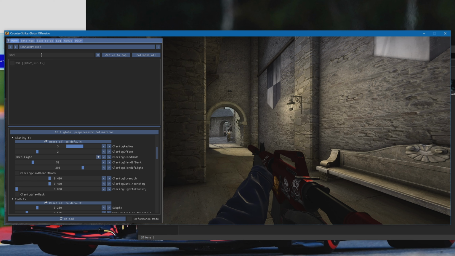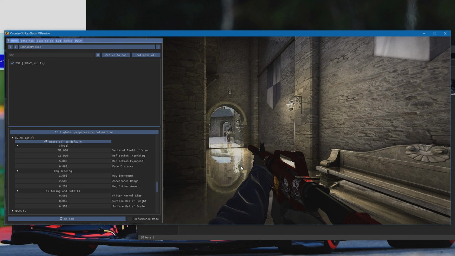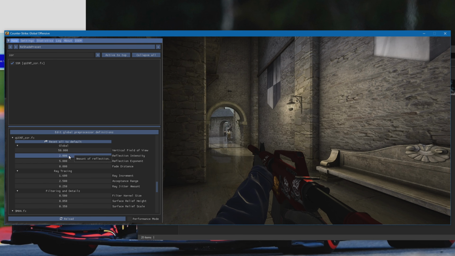Now, if you want lots of reflections all over the floor and stuff, what you need to do is search for SSR and enable that, as I've been asked about it quite a lot. And then you can just play around with the different settings. There you have it. You have loads of reflections on the floor. I don't recommend going super crazy because they look pretty bad. But that's really up to you if you really want that.